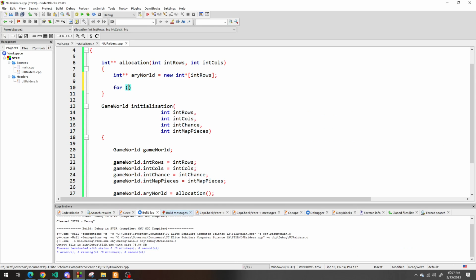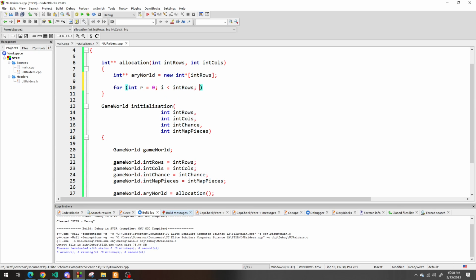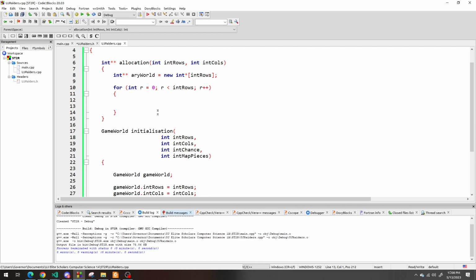Do you follow? Okay. Alright, so int r equals 0, and then r is less than int rows, and then r plus plus. So now, as I mentioned, you're gonna be inside row 0, and then we're gonna do columns for row 0. So now we're gonna say